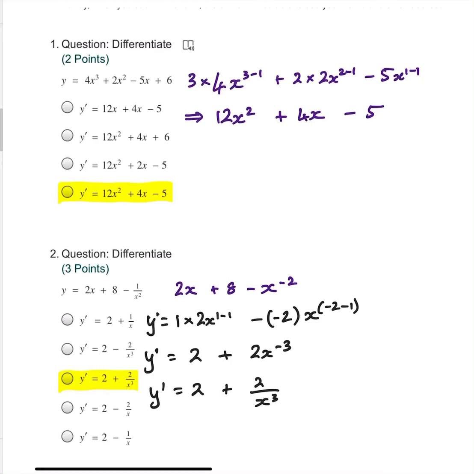Here's the answer to the quiz. The first one, straightforward, everyone got that correct. The second one, people had a bit of trouble with the negatives, and so when you take this bit here